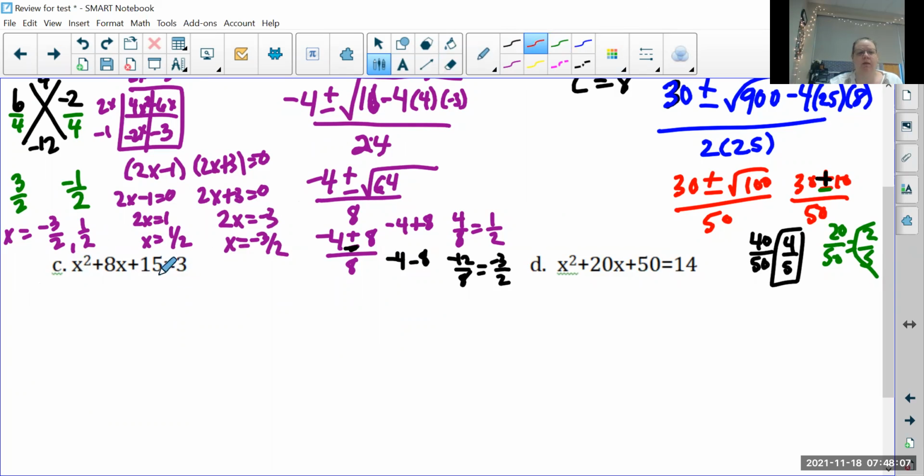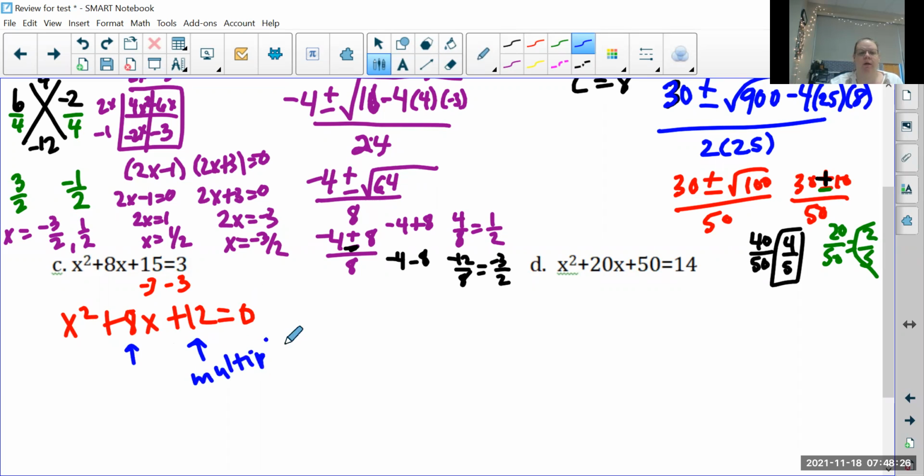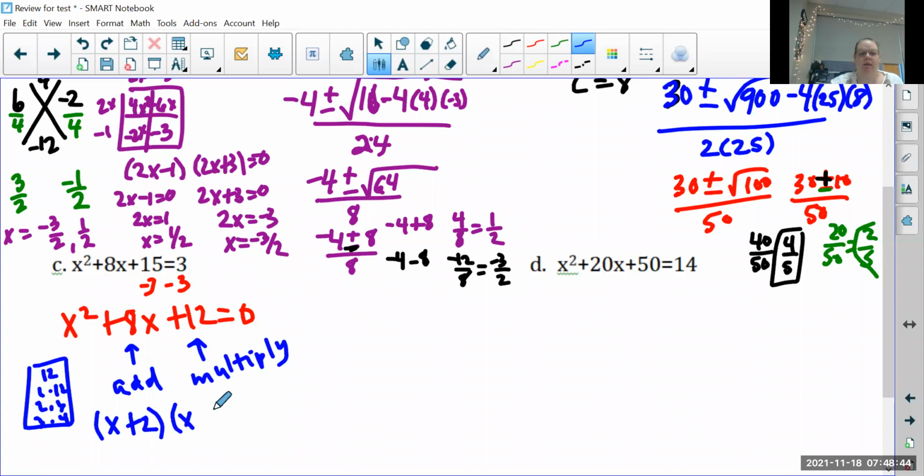So I'm going to set this equal to 0. So I'm going to subtract 3 from both sides. So I have x squared plus 8x plus 12 equals 0. So I'm looking for two numbers that multiply to 12 and add to 8. So remember, you have those little factoring sheets. So 12, we could do 1 times 12, 2 times 6, and 3 times 4. So 2 times 6 would add to 8. So it's going to be x plus 2 and x plus 6